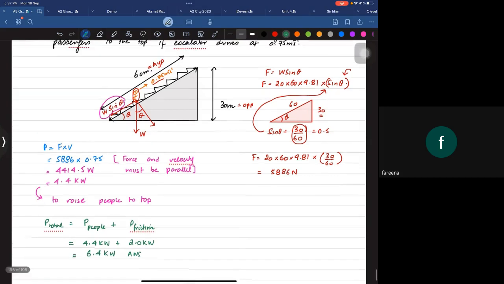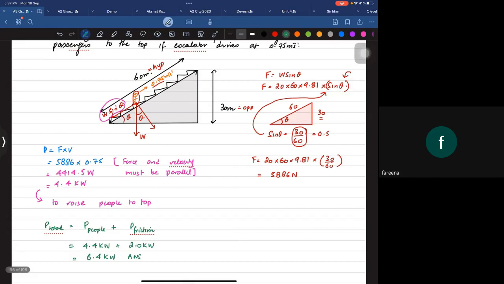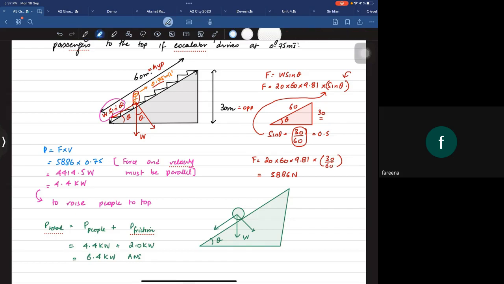Okay, Asma is saying, why do we need to find the weight? Now, Asma, check this out. Basically, the whole diagram is a triangle, all right? So let's suppose all these people are here, right? So the people will have the weight downwards. You agree? This is the angle theta. So when you take two components, one component has to be perpendicular to the slope, one has to be down the slope, right? You've done that in forces. So that would be angle theta. This will be angle theta.